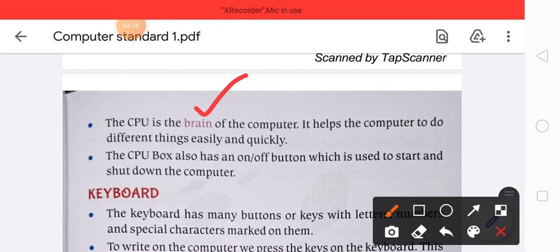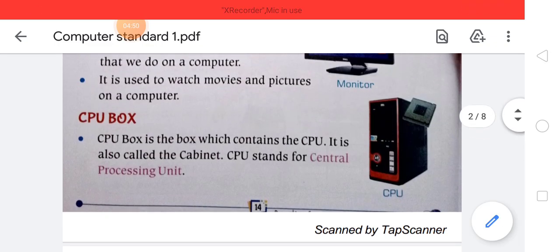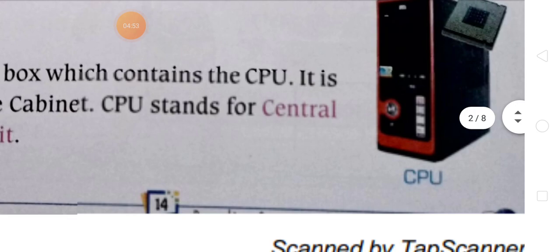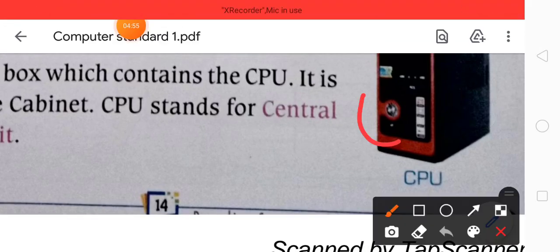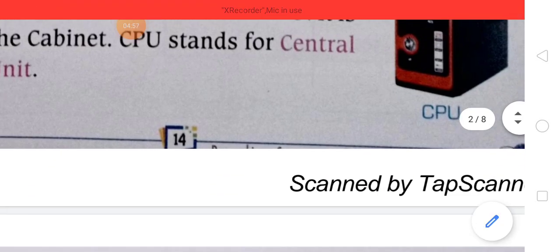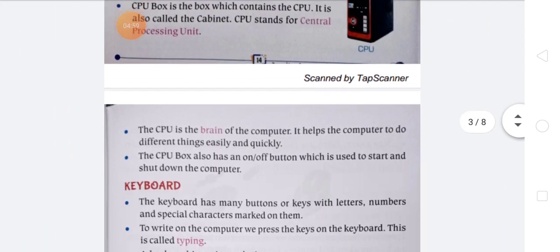The CPU box also has an on and off button, where we can start the computer and shut it down. Here you can see a picture of the CPU, and this one is the on and off button.